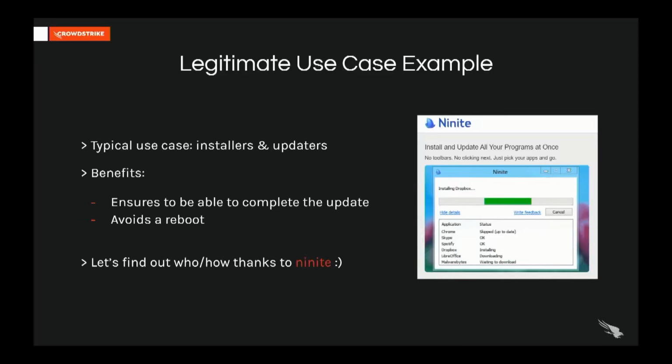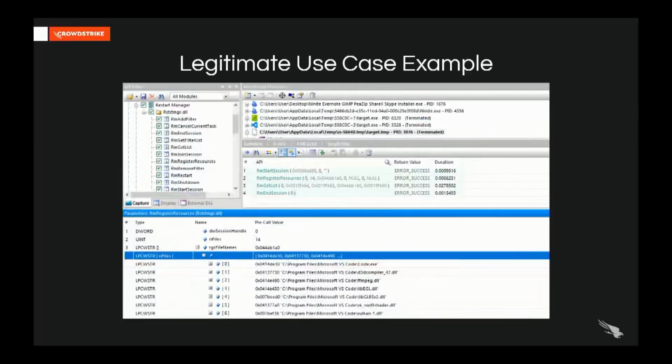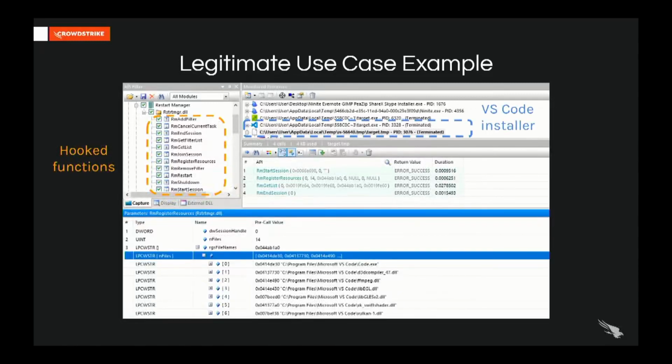To monitor how these installers will do, we're going to use the tool API Monitor, and we're going to first set up some functions to hook. So we're going to list all of the functions of the Restart Manager. On the list, we can see some of the core functions that we detailed earlier, but we can see some other functions that will add features to those. Then we're going to launch the installer, and we're going to see that there are already some installers that